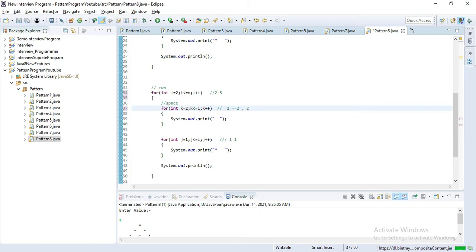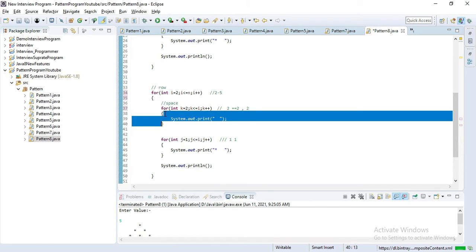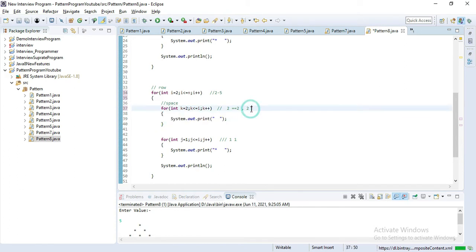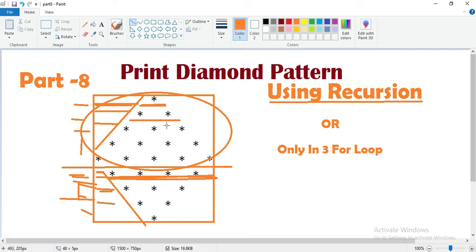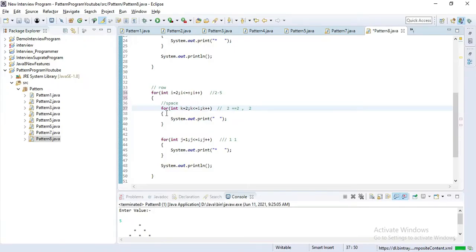It's true. In the first iteration it becomes true, and in the second iteration it also becomes true for this space for loop. That means the second time it prints two spaces, the third time it prints three spaces, and the fourth time it prints four spaces.